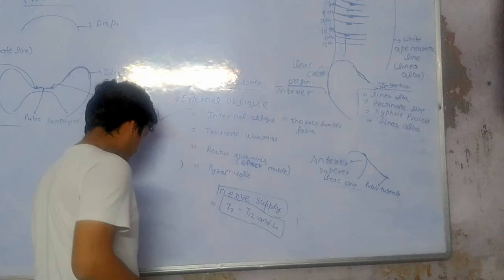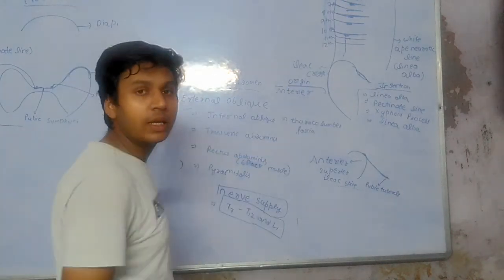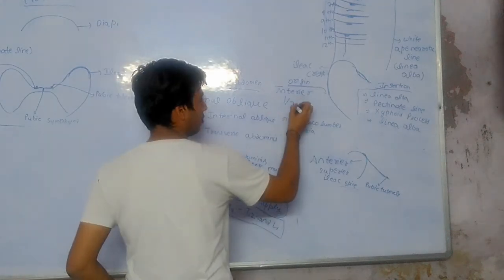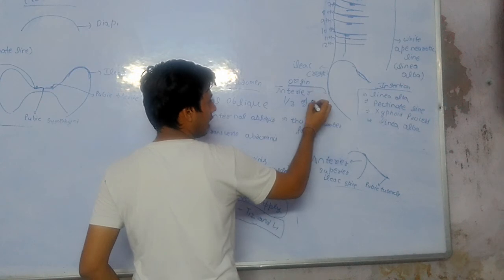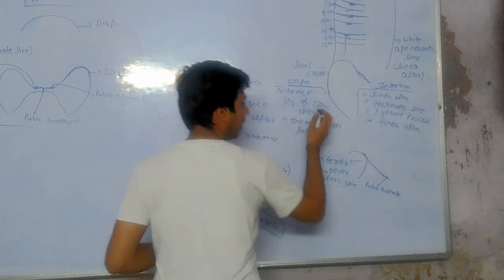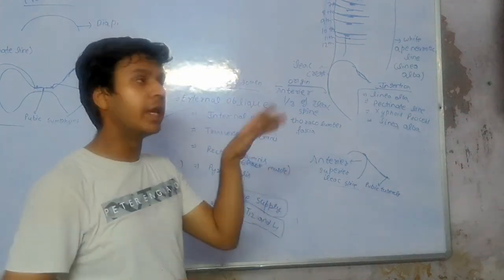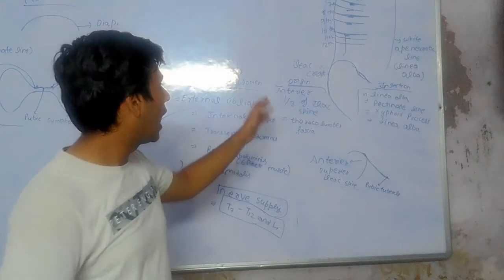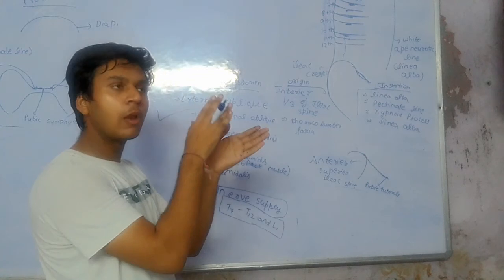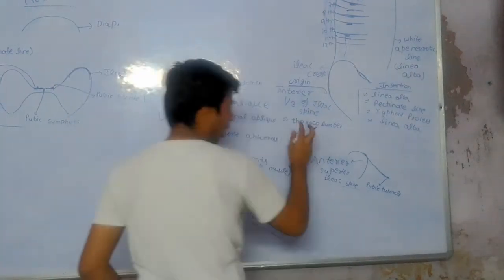So origin and insertion of transverse abdominis. Remember, internal oblique takes the anterior 2/3, but transverse abdominis takes the anterior 1/3 of the iliac spine. The layers are arranged like this: outermost is external oblique, in between is internal oblique, and the inner lip of the iliac crest is formed by transverse abdominis. Layer-wise arrangement: external oblique, internally transverse abdominis, and internal oblique present in between them. Done. And thoracolumbar fascia.